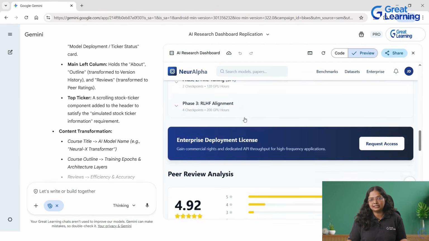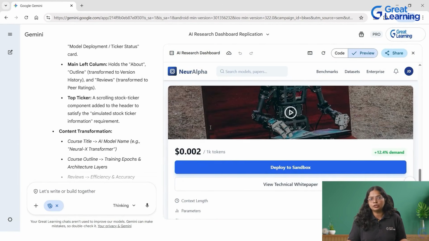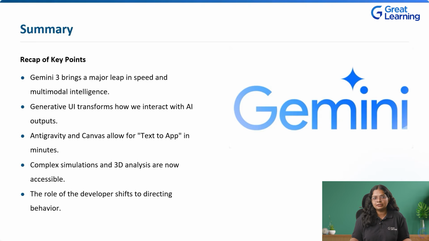Notice the attention to detail. This entire translation from video input to functional code took only a few minutes. It's a massive time saver, especially for rapid prototyping. Before we wrap up, let's look into 5 essential takeaways from this session on Gemini 3 and the new era